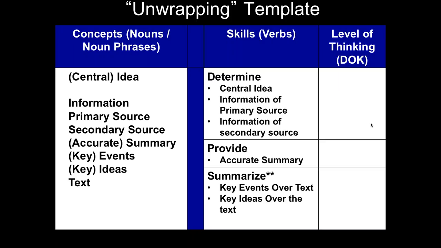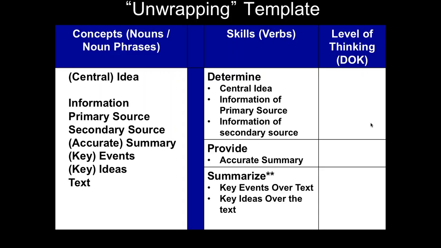through the verbs. So if you look here, and at your handout as well, what I've done is identify that students have to determine a central idea. They also have to determine information from a primary source or information from a secondary source. They have to provide an accurate summary. But then they also will have to summarize. Again, summarize is not written within this standard, which is why we have to do more than just underline and circle. That gets us in the ballpark, but then we have to look at